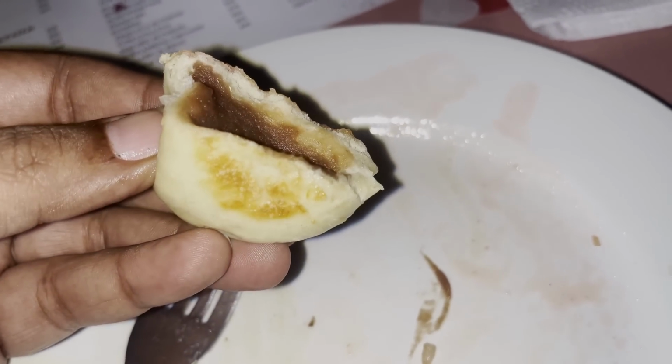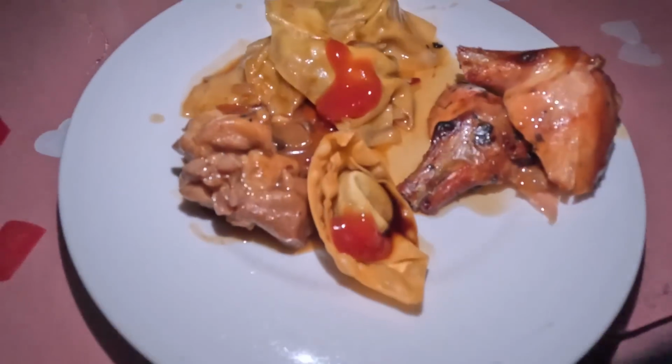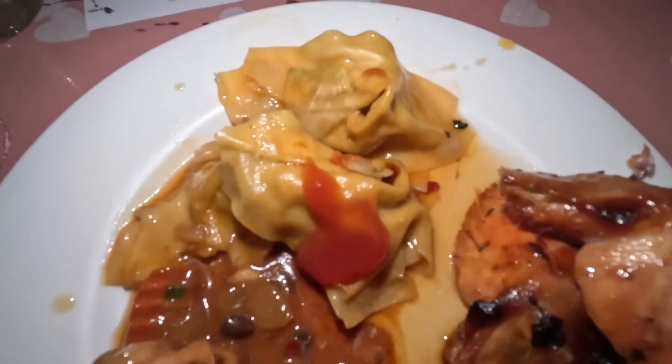Inside, but it tastes good though. And the veggie wontons was okay. I prefer the chicken wontons over this. Yeah, so for the third round, I just went for all the meat, and I didn't get the chicken